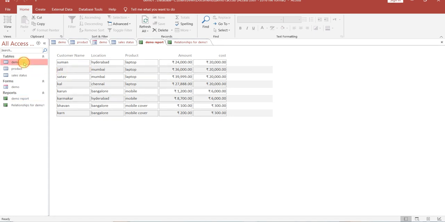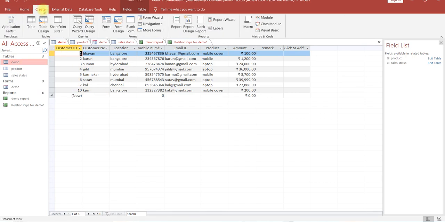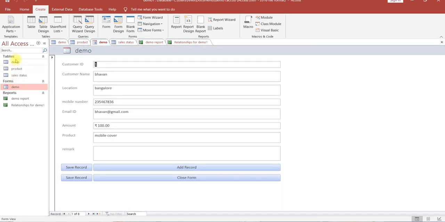So far we have learned how to create data by using a table, creating new tables, and creating forms. Here in the navigation pane you can see the things you created so far.